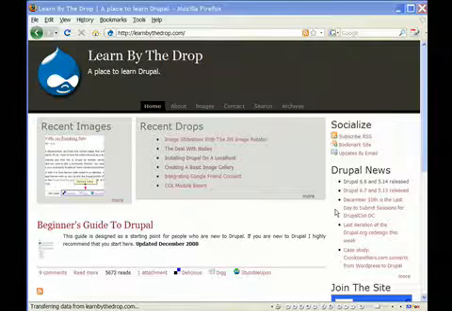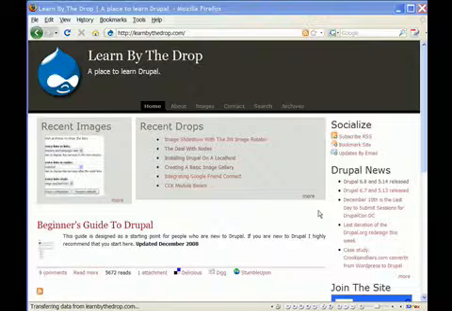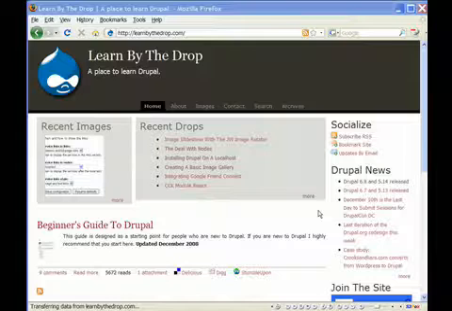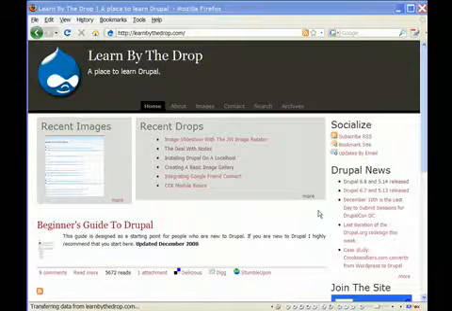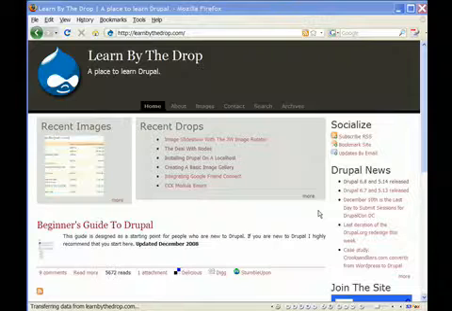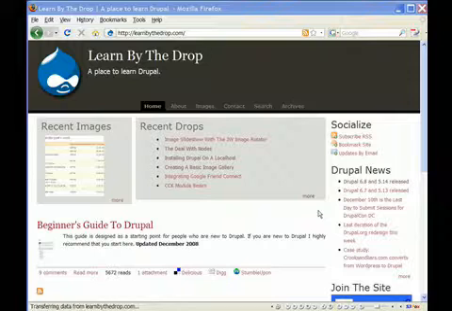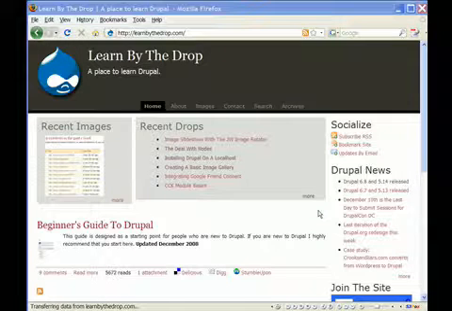Learn by the Drop is a place to learn Drupal, and this is lesson 4 in the Getting Started with Drupal series. In this lesson, we're going to cover adding some necessary contributed modules to our Drupal website. In the previous lesson, we looked at updating the theme. So we're going to add some modules that are very necessary in building just about any kind of website with